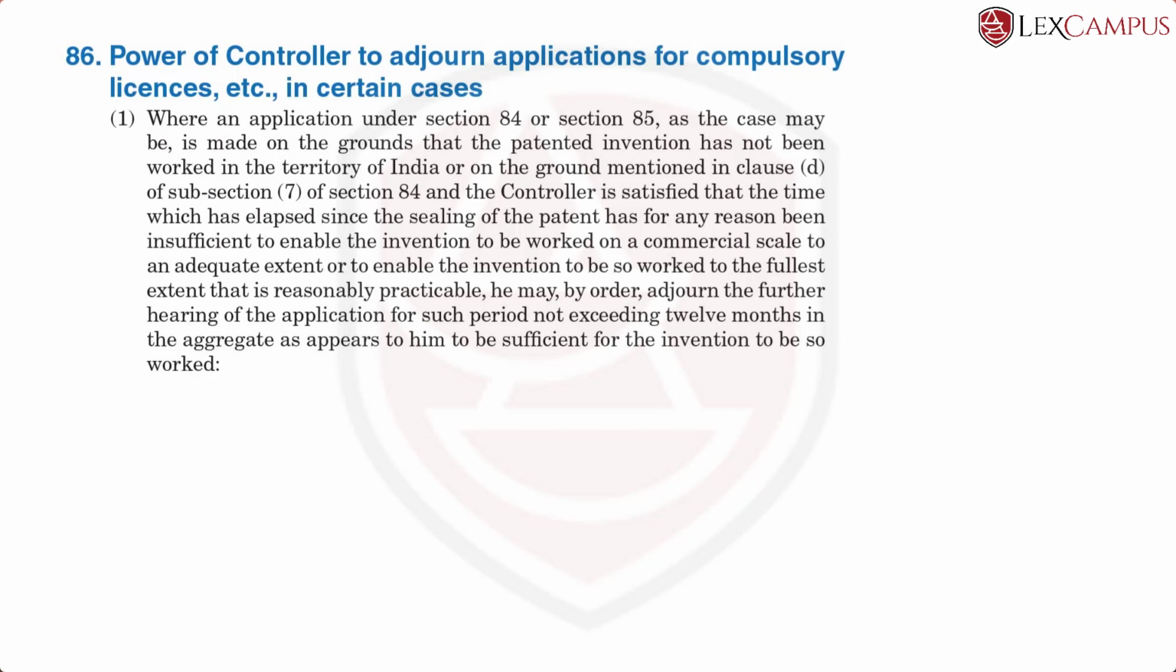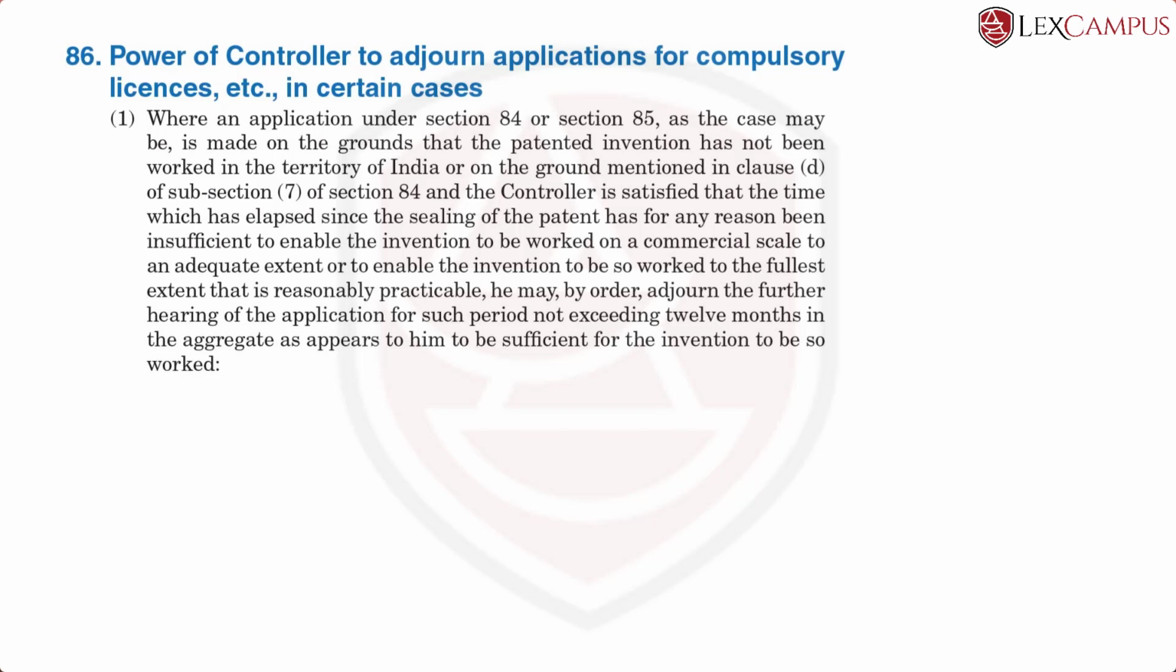This is one of the remnants after the amendment where the word sealing still appears in some parts of the Patent Act. We understand that as grant of a patent has for any reason been insufficient to enable the invention to be worked on a commercial scale to an adequate extent, or to enable the invention to be so worked to the fullest extent that is reasonably practicable, he may by order adjourn the further hearing of the application for such period not exceeding 12 months in the aggregate as appears to him to be sufficient for the invention to